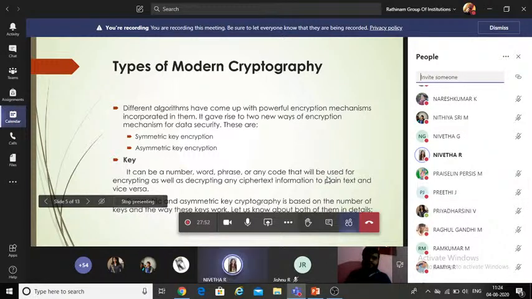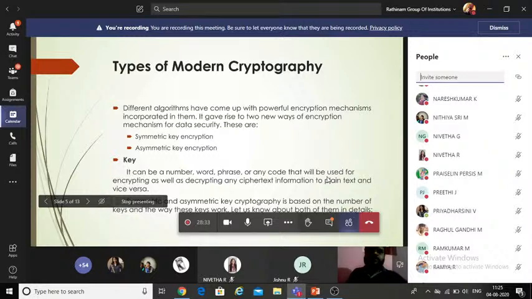Both same keys used for encryption and decryption, sir, is called symmetric cipher mode. Exactly. Very good. The same key will be used for both the encryption and decryption purpose. That is known as symmetric key encryption. Also, we can explain it like the same key will be used by both the sender and receiver. But what about asymmetric key? Vice versa, different keys will be used for encryption and decryption, or different keys will be used by sender and receiver. This is known as asymmetric encryption. So these are the two types of modern cryptography.